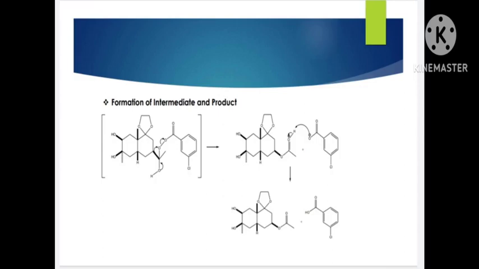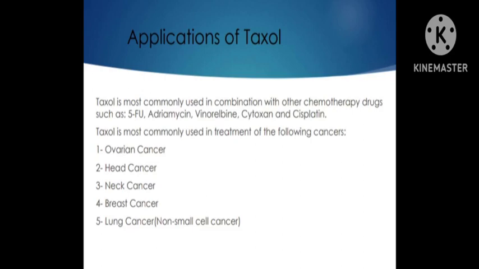This carboxylate ion will abstract the proton from this protonated ester and result in the formation of the ester plus carboxylic acid. Next are the applications of Taxol. Taxol also has anti-cancer properties. It is used with some other anti-cancer drugs like adriamycin, vinorelbine, cytoxan, cisplatin. These are all anti-cancer drugs. So Taxol is used along with these drugs to treat several types of cancer like ovarian cancer, head and neck cancer, breast cancer,